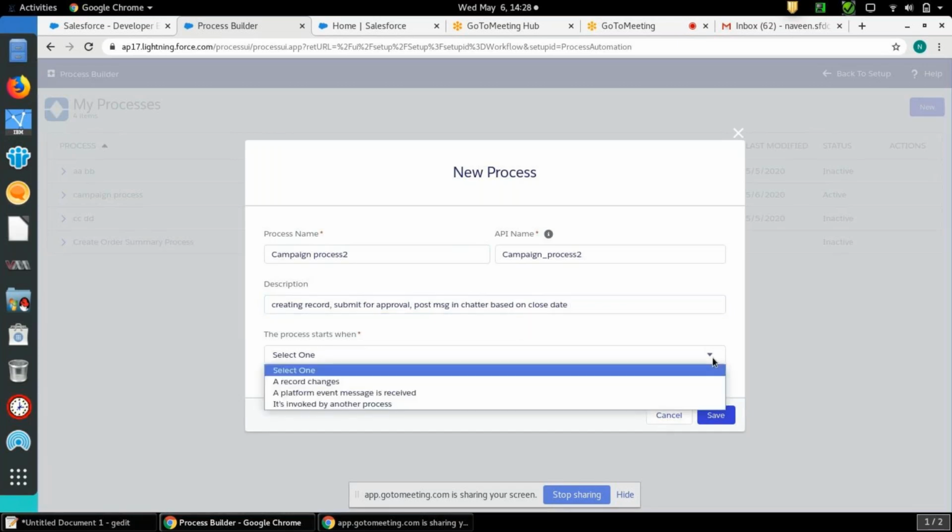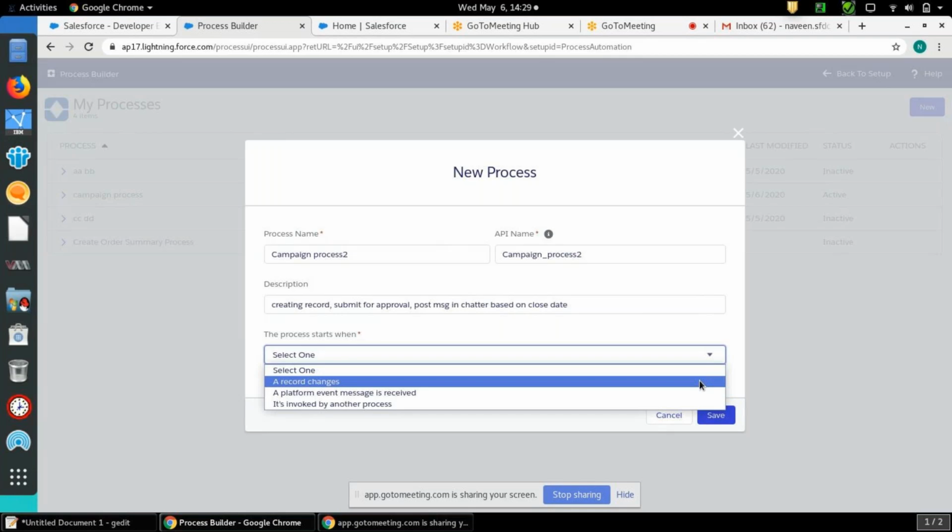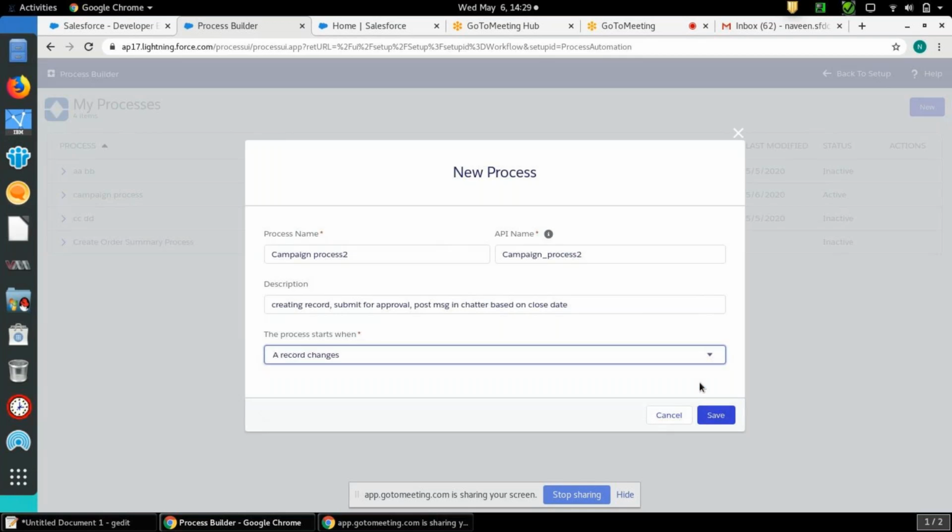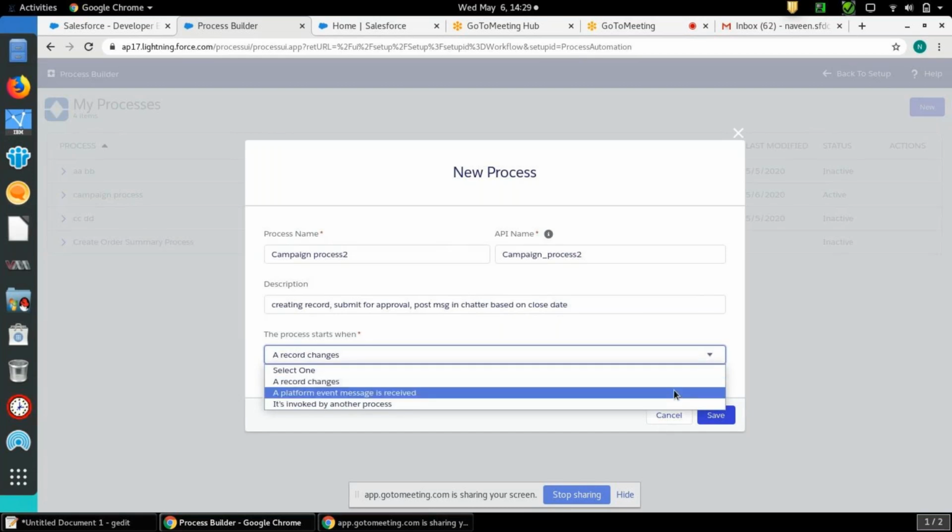Now I will select. Whenever you want to create a new process, you will see three options: record changes, platform event message received, and invoked by another process. Record changes is whenever you created a record, or created and edited, or modified the record. Platform event message received is when you want to add a trigger instead of an object in the process.